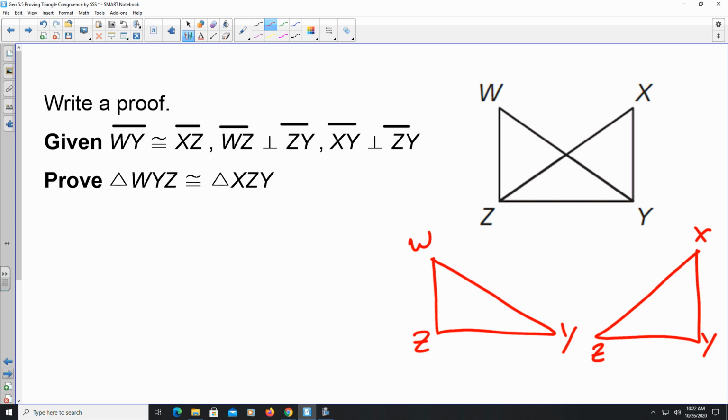So they said that WY is congruent to XZ, which is right there. And they're telling you that WZ is perpendicular to ZY, which means that's a right angle. And XY is perpendicular to ZY. So that's what we have so far. Writing this as a proof,